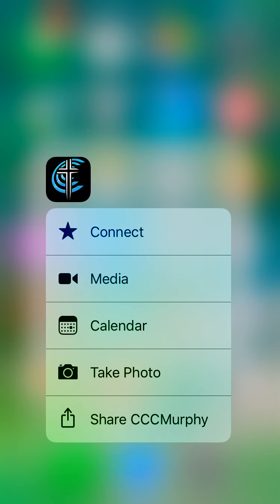Hello, and welcome to this app tour for the Christ Community Church app. We like to do these app tours to help walk people in the church through the different things that are